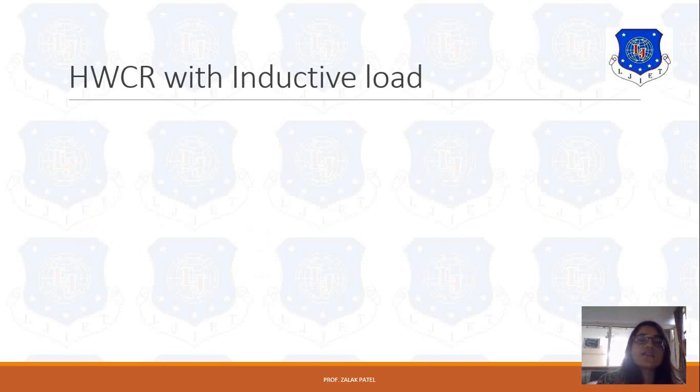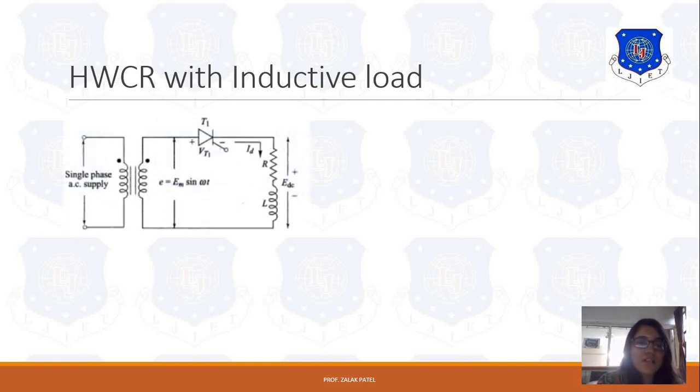Now the next is HWCR with the inductive load. If we talk about the half wave controlled rectifier with the inductive load, then what will be the circuit diagram? It looks like this. Over here you can see the single supply with a controlled terminal, SCR, connected. Here, in place of only the resistive part, a resistor with an inductor is connected in series like this. Because of this type of construction, there will be some lagging or leading of current, or maybe voltage lagging and voltage leading can take place, because here the impedance is not purely resistive, the inductive part is there.